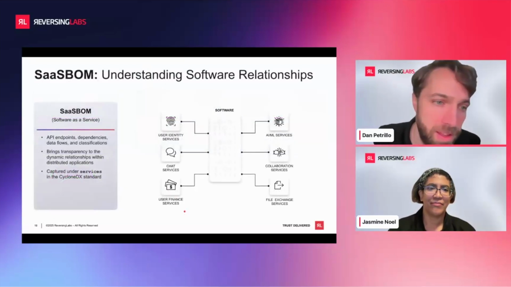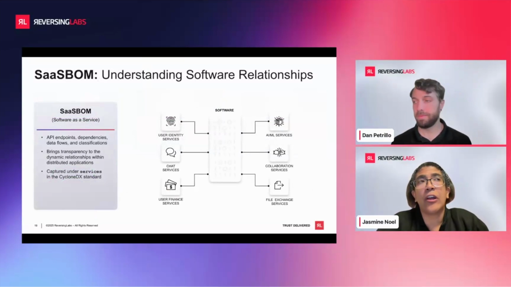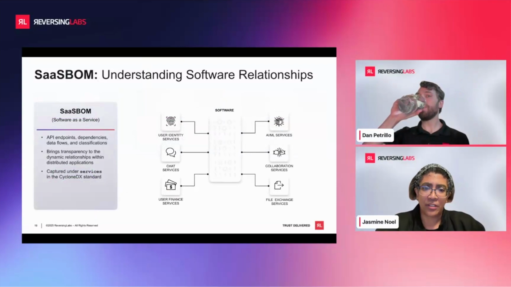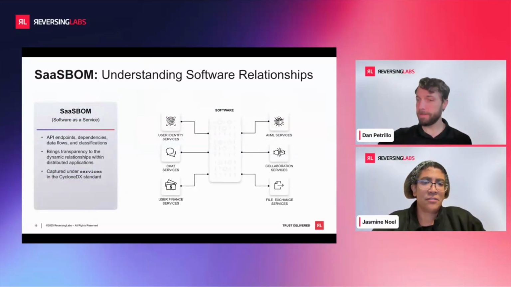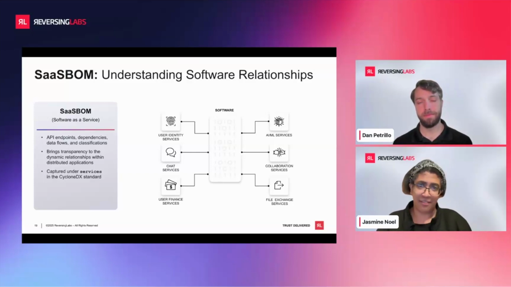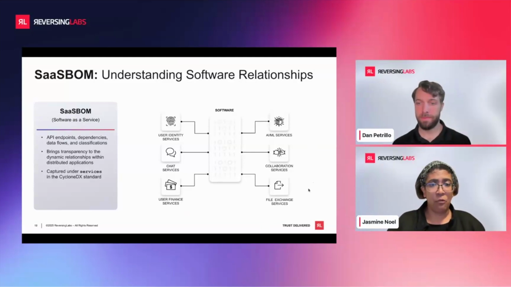Jasmine, could you tell us more about the SaaSBOM? Yes, so it's about software as a service. Now, earlier I said our applications are becoming more connected, and that's true because if you look at any piece of software, it's using a lot of third-party services within the software. If it needs to identify who the users are, guess what? They're not building a user identity service within their software that already exists. So instead, it will use APIs. It would use those means to go out and connect to these other services, which could be, mostly from third